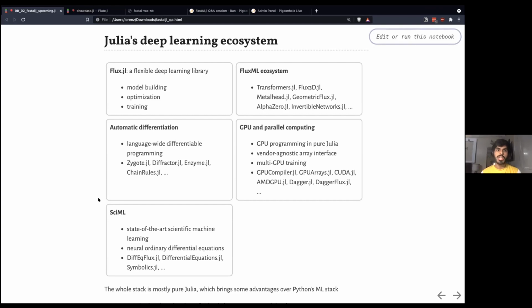The FluxML ecosystem comprises many, many packages, be that for building large scale or different kinds of modeling with all the kinds of layers that we're used to, but also it has as part of it a language-wide AD system called Zygote.jl, and of course there's many other such technologies that we've developed on top of it.